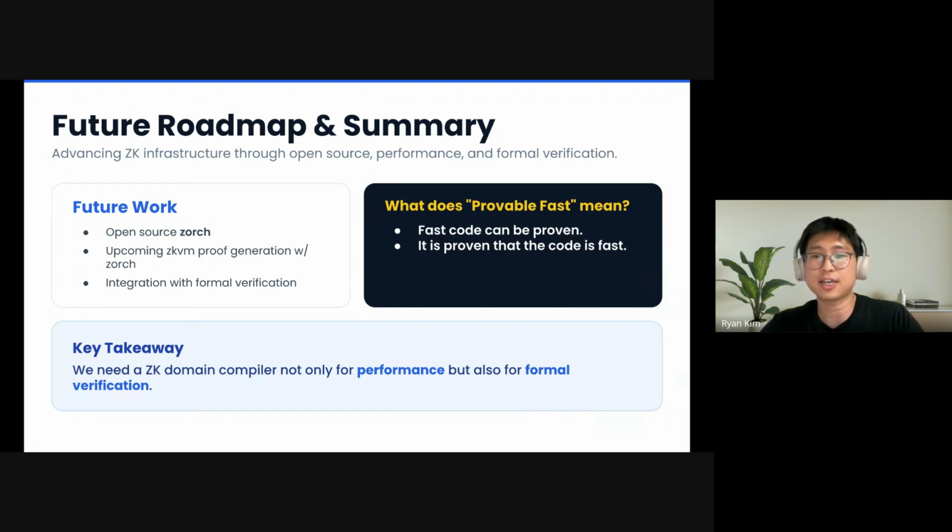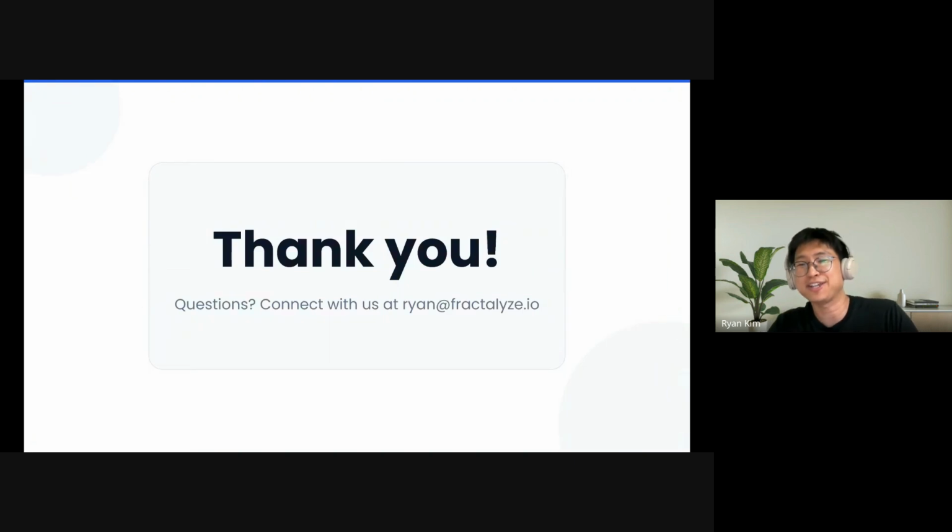In conclusion, I think we need a domain-specific compiler, not just for performance but for formal verification too. The performance comes along with it, and the verification is where we need your help. That's it. Thank you for listening to my presentation.